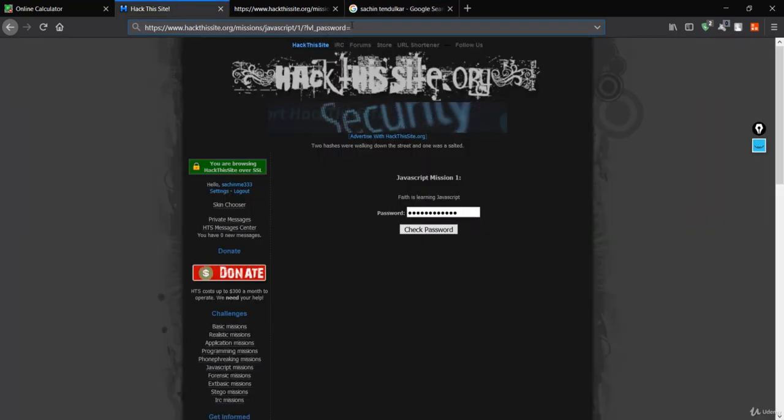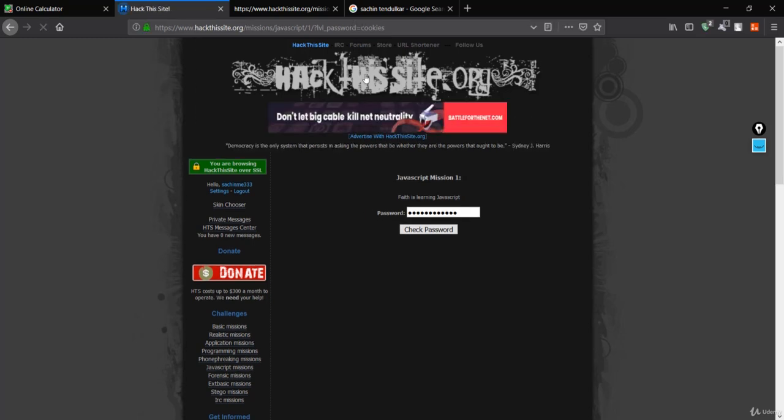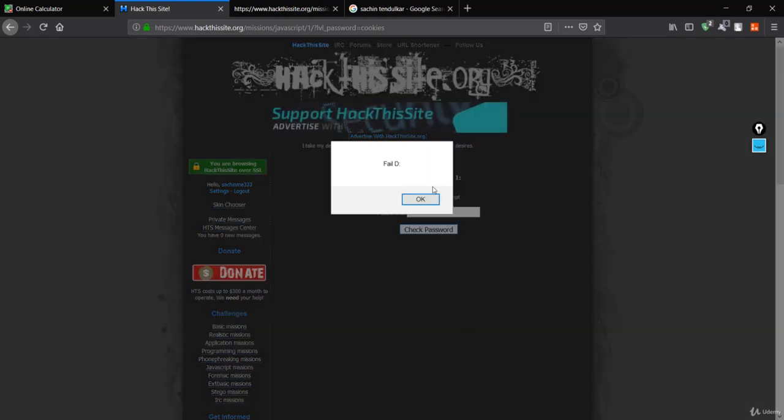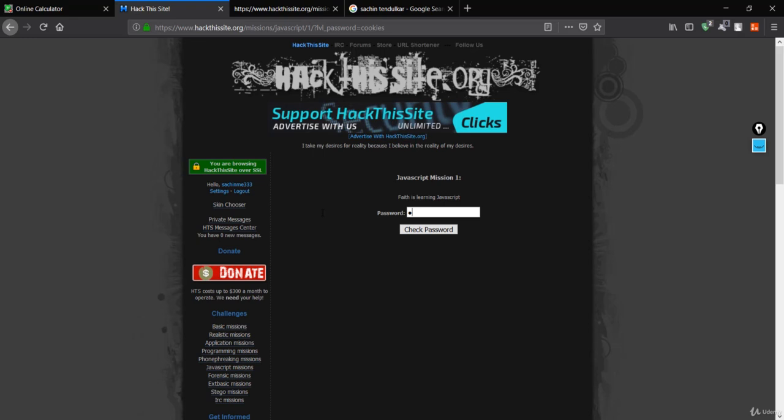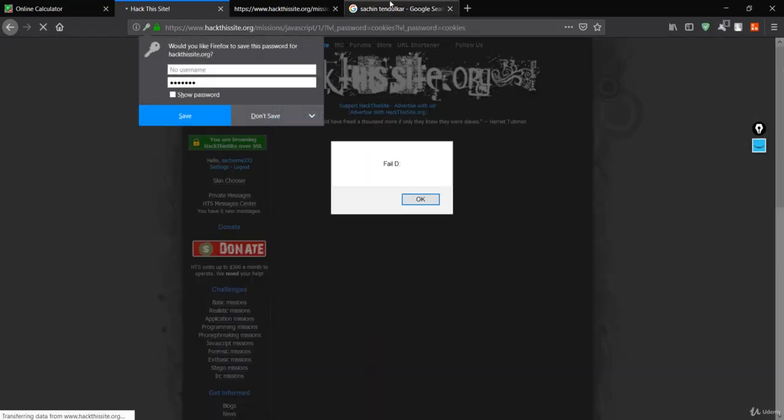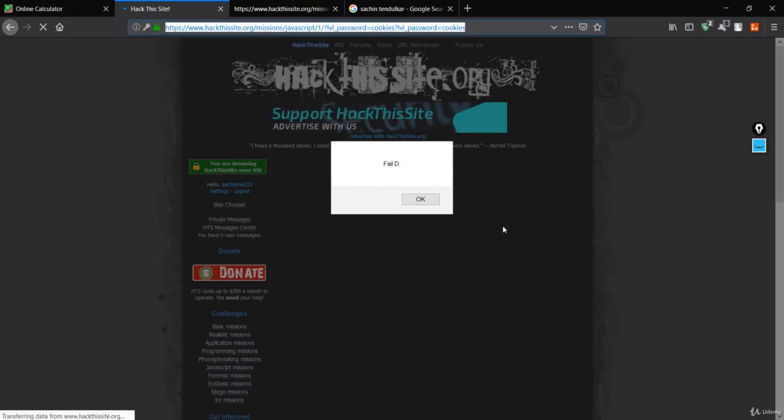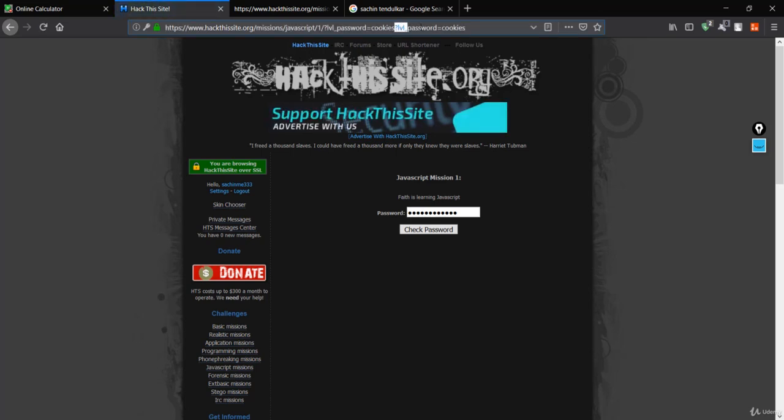So in this label password, if you just pass cookies, then it should work. Something is happening over here because it is not redirecting perfectly, but it should be cookies. Maybe we have just disabled JavaScript, so it should be something like cookies. And here you can see you have changed your password to this other field, and it is not showing the same. If I just hit enter, then it will say that you have been redirected to the congratulations page.